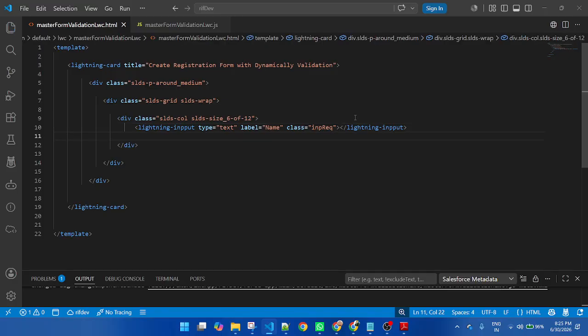Okay. So inside this first column I created a lightning-input field with the label name.